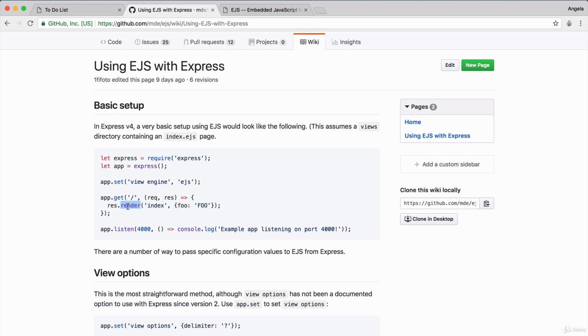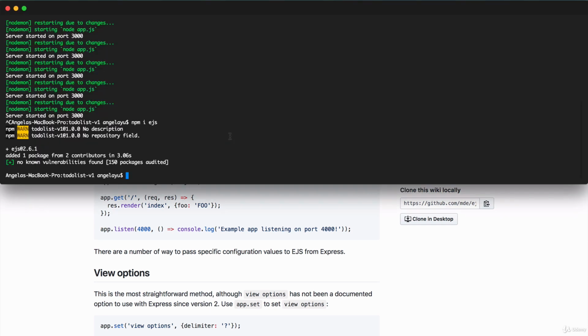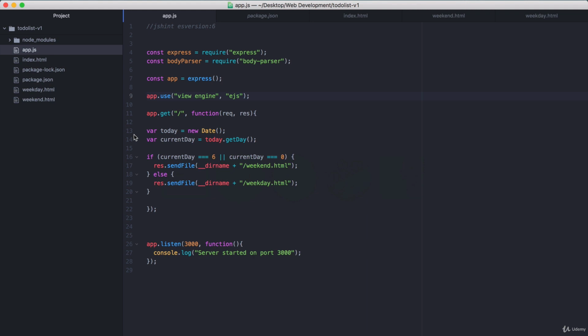And this uses the view engine that we set up here to render a particular page. So in this case, we're rendering a page called index, and that will be an index.ejs page. So up here it says that this code assumes that a views directory exists and it contains an index.ejs file. So in order to use EJS, or pretty much any of the view engines, we need to